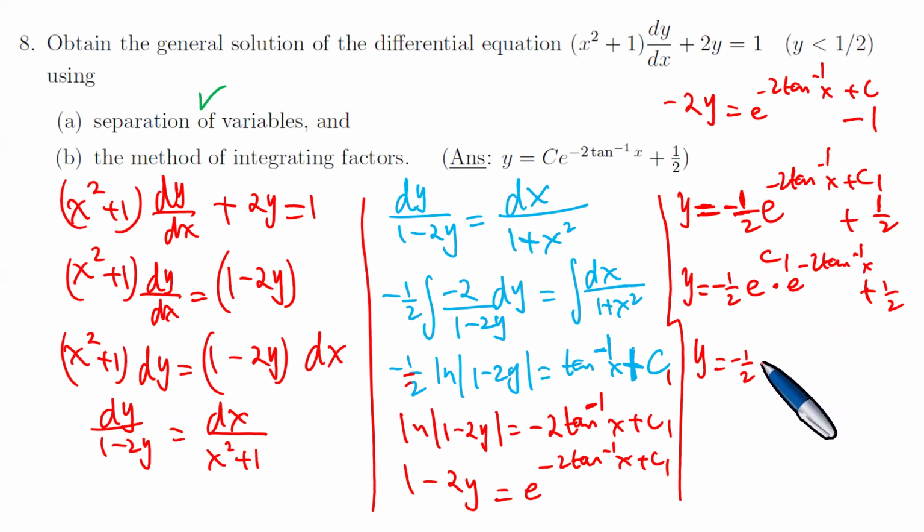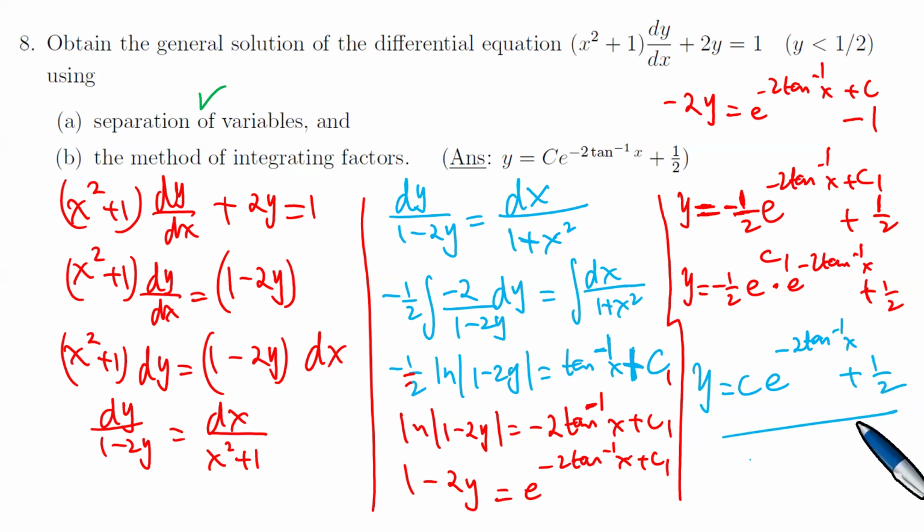And then you're going to call this half C1 by the name Y equals C. You get this? And this C,